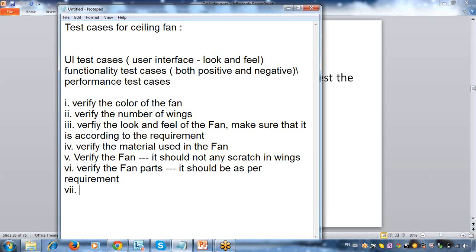Switch on the fan. See the fan, how the fan is rotating. Increase the speed. See that your fan is increasing the speed. Decrease the speed in your regulator. See whether your fan is decreasing its speed or not. Switch off the fan. See whether your fan is switching off or not. So this is your functioning, right? So verify